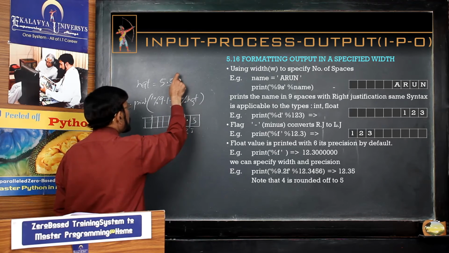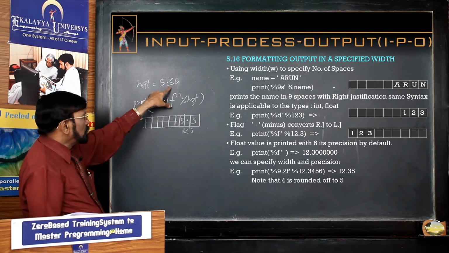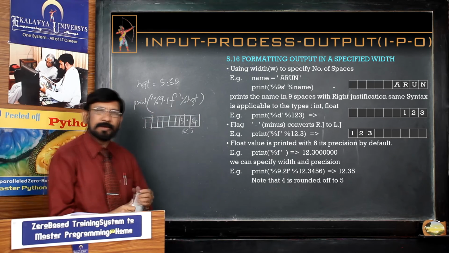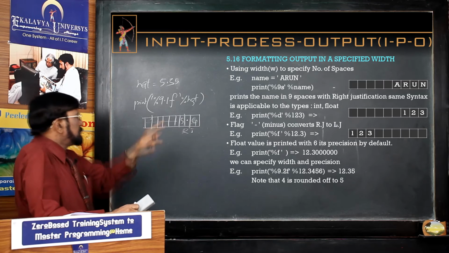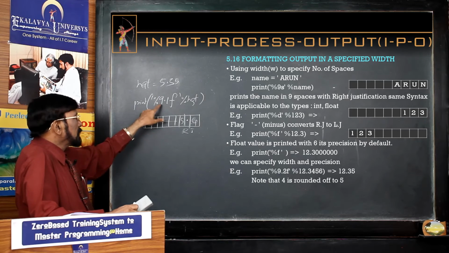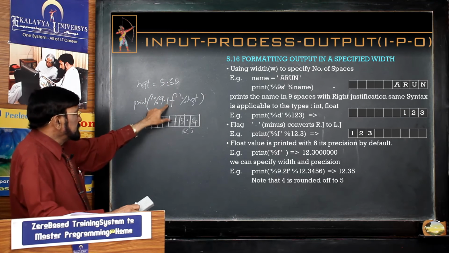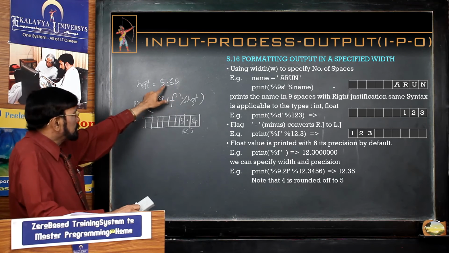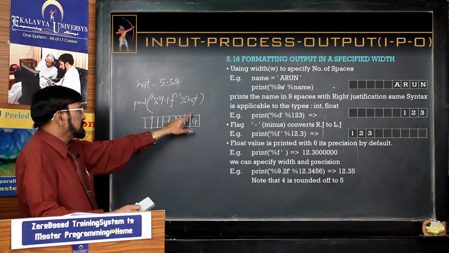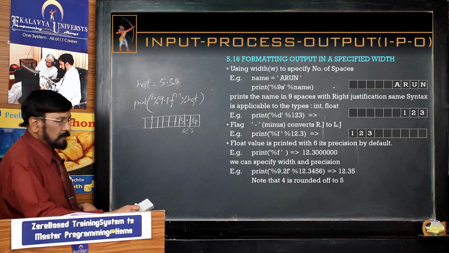Suppose this is 5. Then what happens? It takes into consideration and rounds it off. Then it will be 4. Later we learn this concept. As far as floating point is concerned, not only width, precision also will come. One thing I already told you: width cannot control the number of digits, but precision controls the number of digits. Here you see two digits are there, you have written 1, as a result of that 1 is printed. It is always rounded off. That point you have to remember.